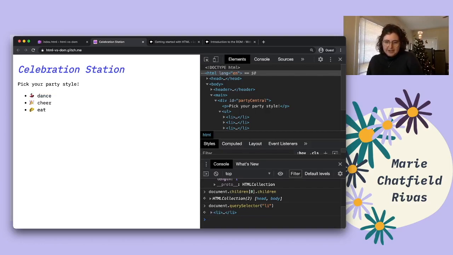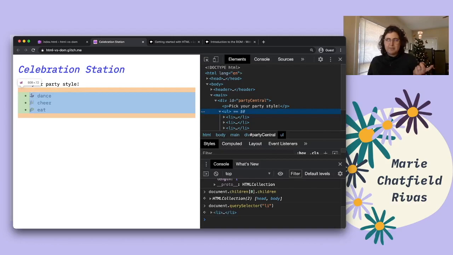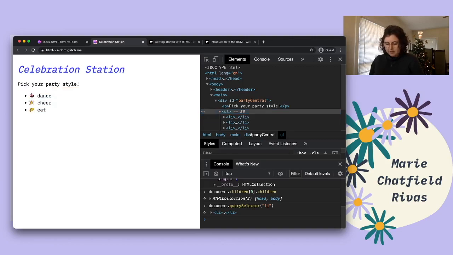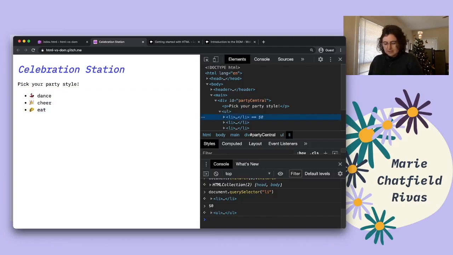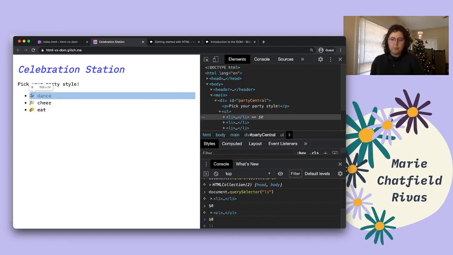And then I can interact with this one. There's also a fun trick, by the way, at least in the Chrome DevTools, not clear about other ones, but you can see here that if you have an element selected in the DOM tree, you can use $0 in the console to refer to this element, which just means that right now, $0 is going to refer to my list element. And if I click something else, $0 will refer to that one.